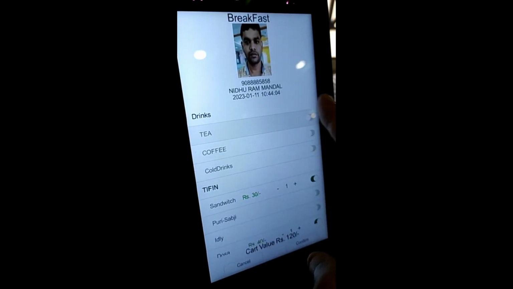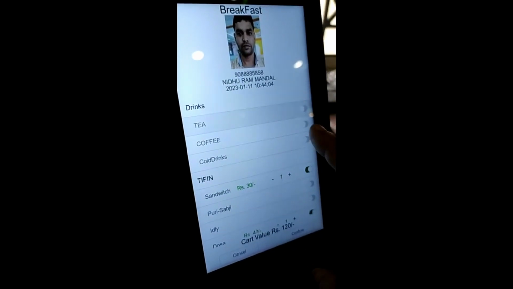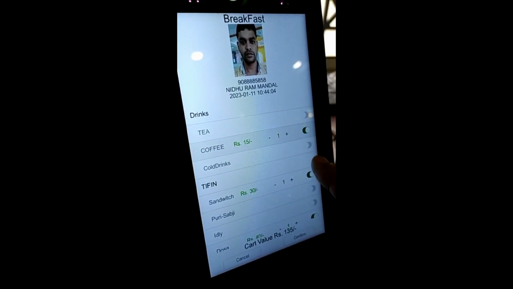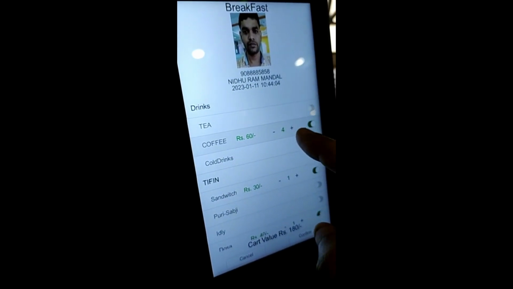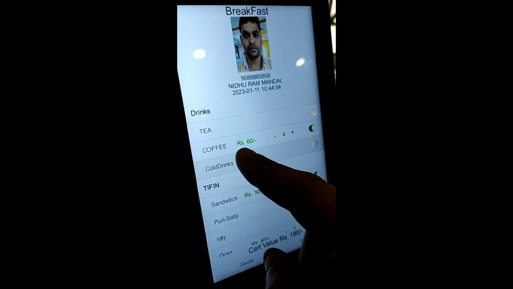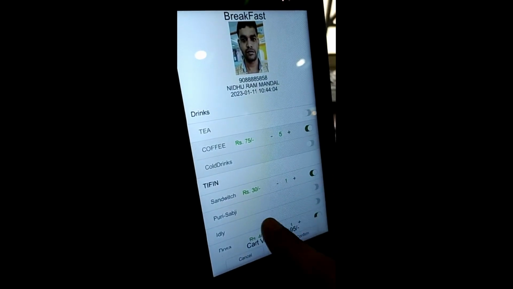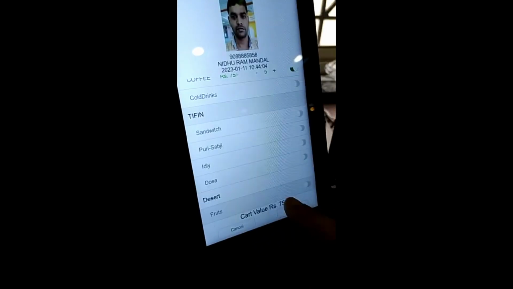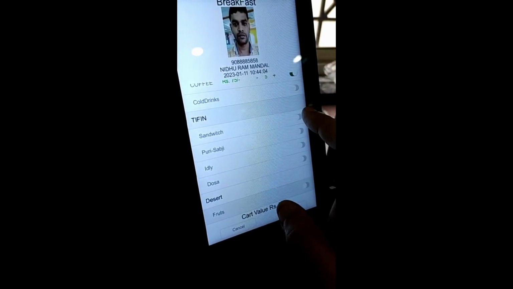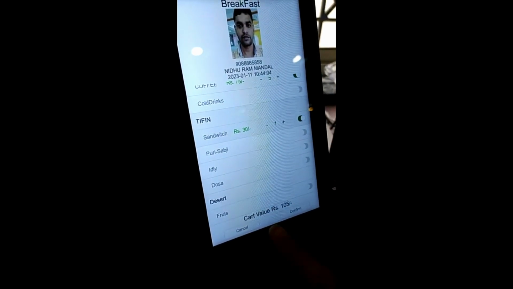If I want to change the menu, like coffee, I just enable the coffee and can increase the quantity also. If I increase the quantity, by default the price will be different. The same way, all the menu items will come here, and I try to get the sandwich and my card value is